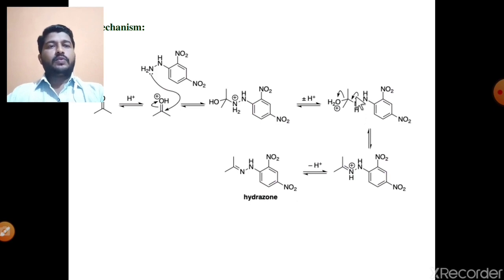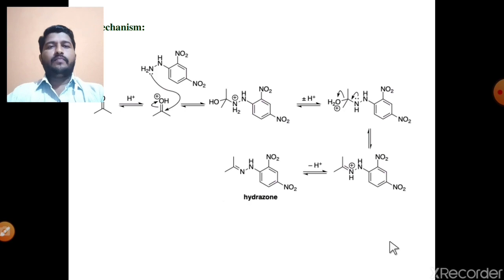After that, the electron pair of this same nitrogen participates in delocalization, then elimination of the water molecule gives the double bond formation between this nitrogen and carbon. And the last step is the same deprotonation, means loss of this hydrogen, which finally gives the hydrazone derivative. The mechanism is similar to the reaction with a primary amine. This NH2 is similar to a primary amine, and this NH2 reacts with the carbonyl compound. There is a simple loss of a water molecule, and it finally gives the hydrazone derivative.